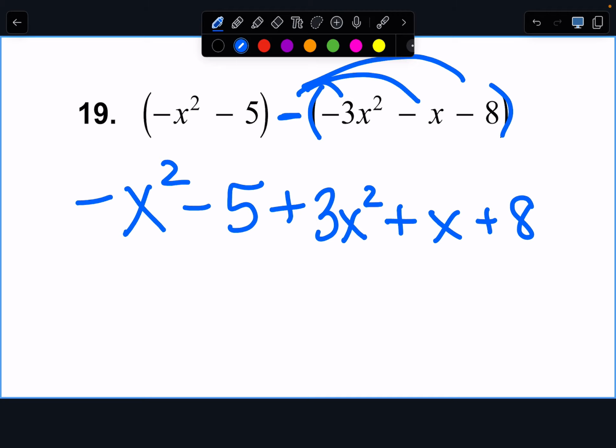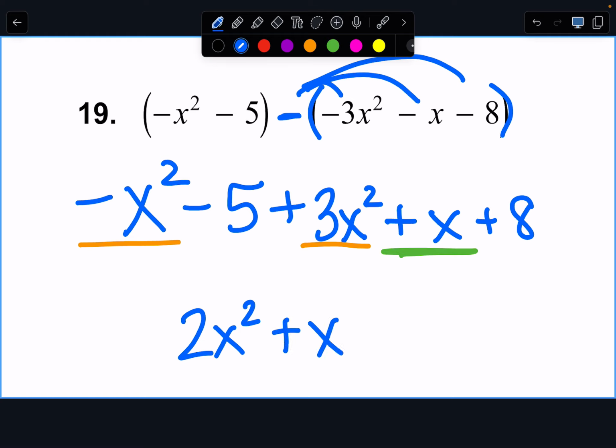So I'm going to rewrite that second polynomial with the subtraction through it. Now I can combine like terms. I'm going to start with my highest degree, my x squareds. Then I'm going to go to my next highest degree, so it would just be x by itself. Okay, and then